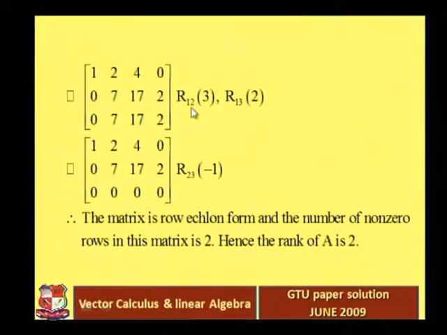So here is a process, you can see we multiply, just write down in this manner. The meaning of this notation is we have to multiply the first row, the first subscript, by 3 and add it into the second row, right? So the meaning of this notation is that we multiply the first row with 3 and add it into the second row, right? Similarly, multiply the first row with 2 and add it into the third row. Okay, so here is the process.